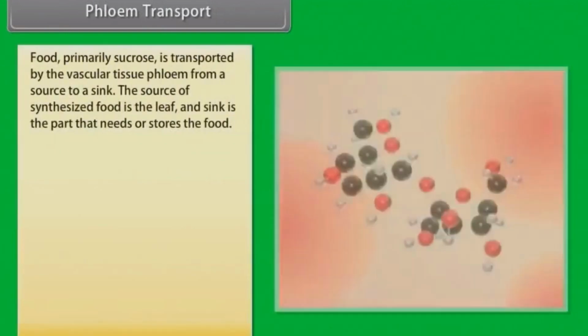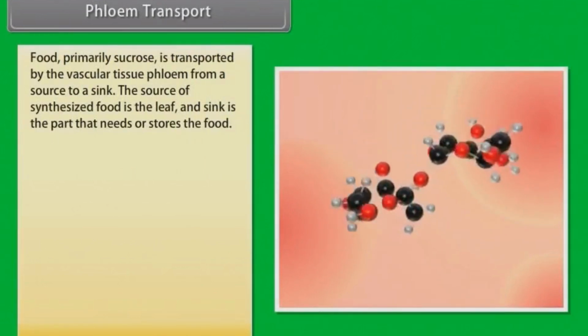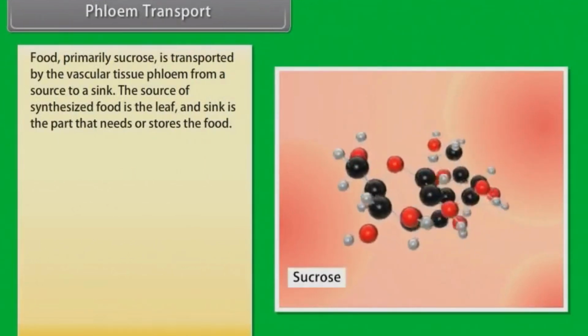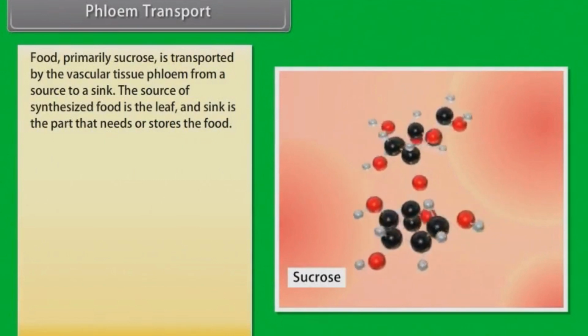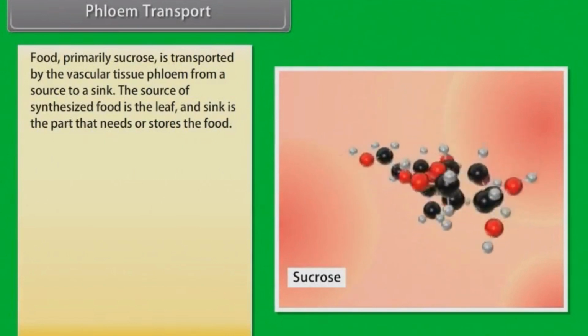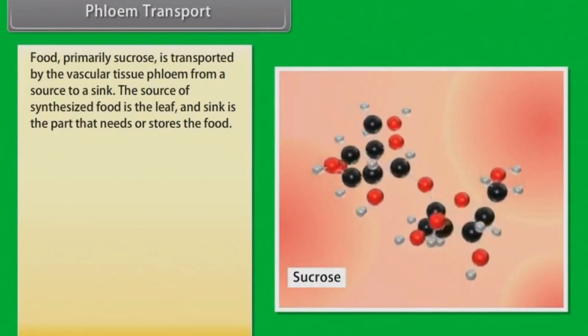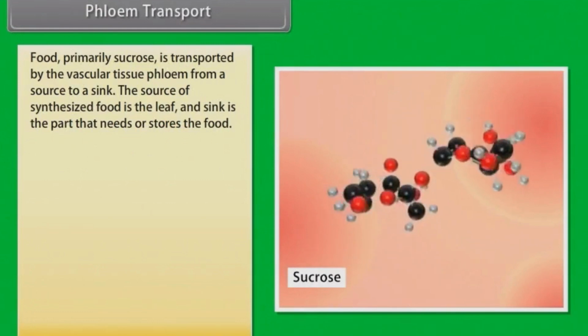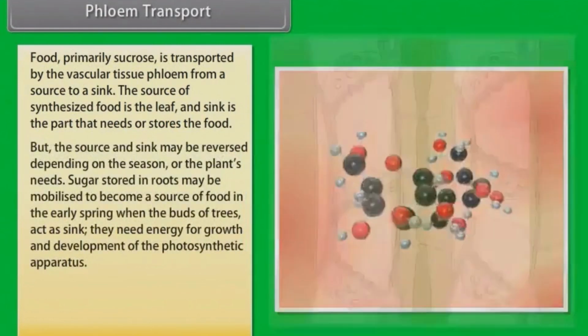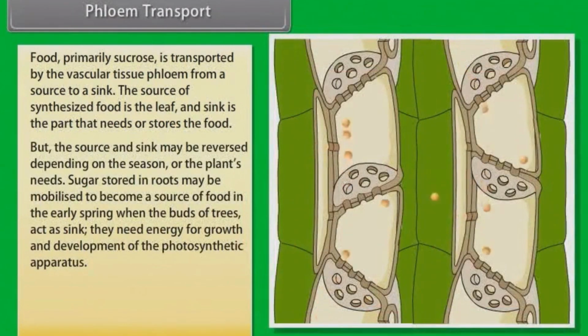Phloem transport. Now we will learn about phloem transport. Food, primarily sucrose, is transported by the vascular tissue phloem from a source to a sink. Usually the source is that part of the plant which synthesizes the food. The source and sink may be reversed depending on the season or the plant's needs. Sugar stored in roots may be mobilized to become a source of food in the early spring